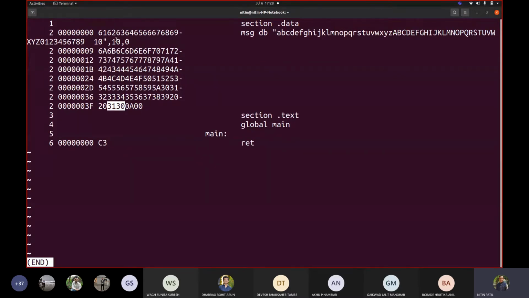But when I do talk about this 10, this 10 was taken as 0A and this 0 was taken as 00, because they are the actual numbers, and whatever we have in double quotes is a character. So that's why treatment is given differently to a character and to a number. Understood it? Yes, sir. Any question, query? You can let me know.